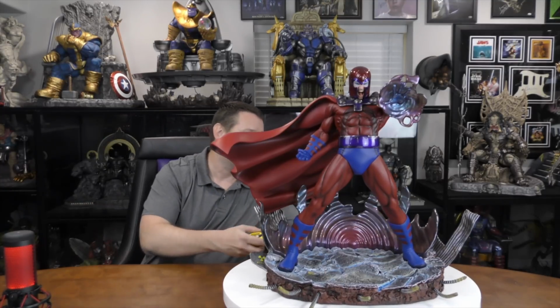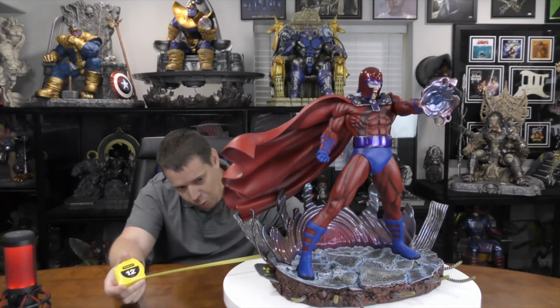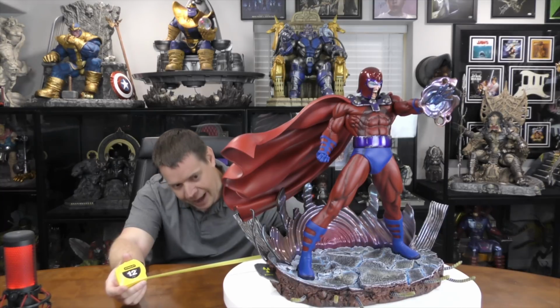Not really a big deal, but definitely want to recognize it. This guy is very large. He's supposed to be 1/4 scale. He does look a little bit bigger. The widest point with the items sticking out is a little over 18 inches, which of course you can remove